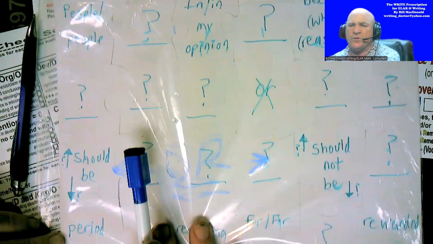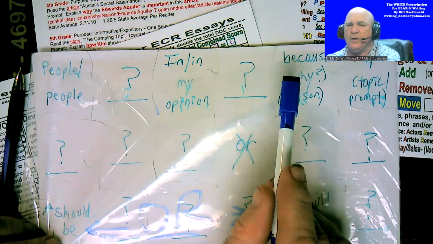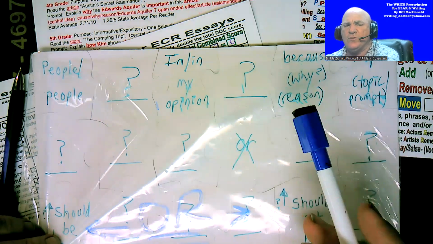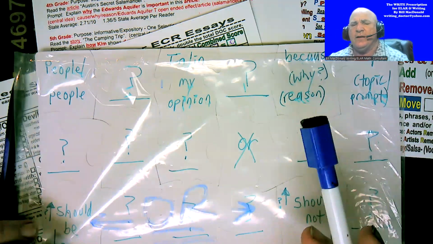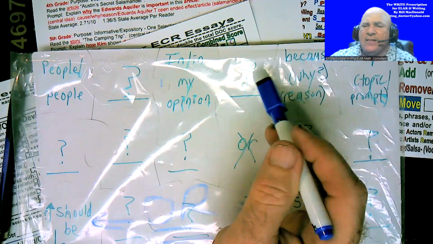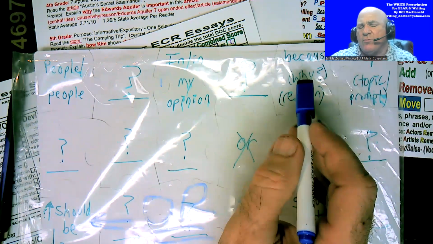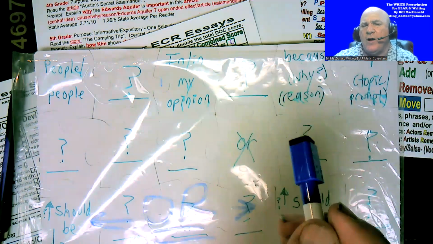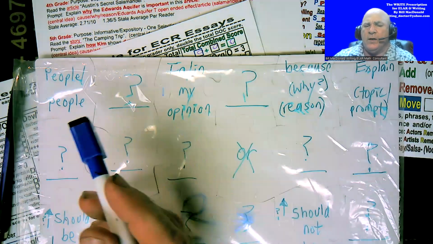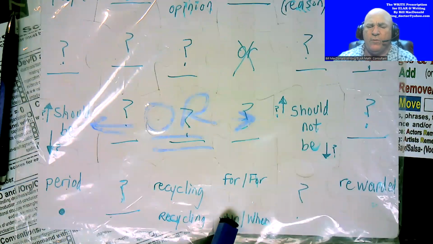And so you notice that I used all of the pieces except for one. If you don't tell me the reason, that's an unclear or vague answer. So it's possible that some students got zeros because all they did was pick one side or the other. They didn't respond to the specific demands. In other words, if they ask you for a reason why, a because, you have to include it. So it might have sounded something like this. People, in my opinion, should be rewarded for or when recycling